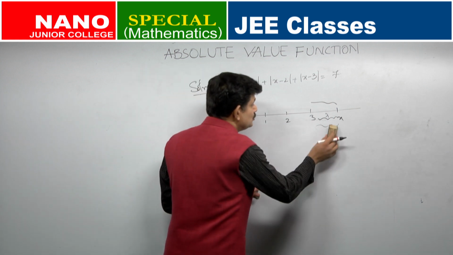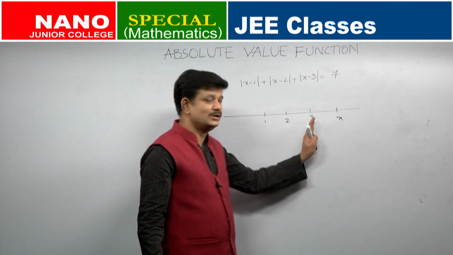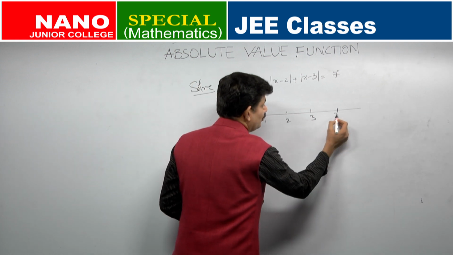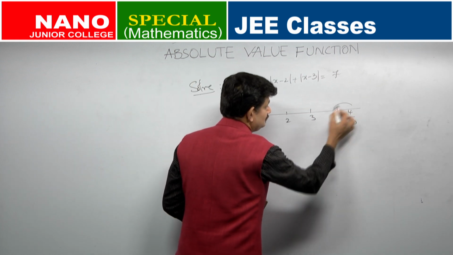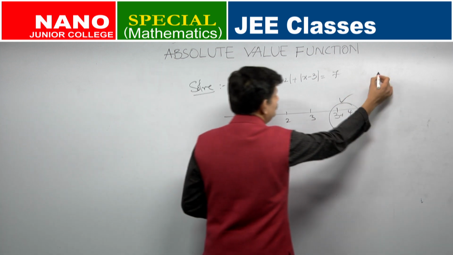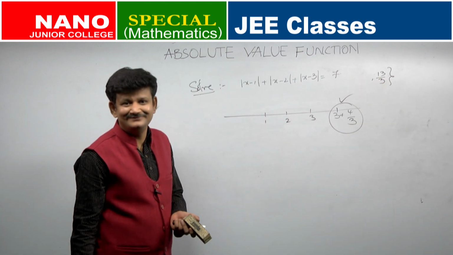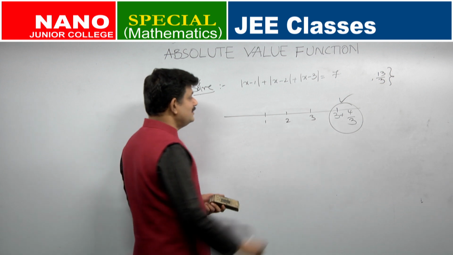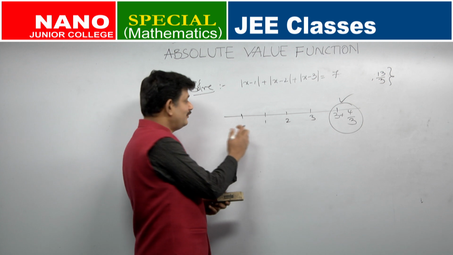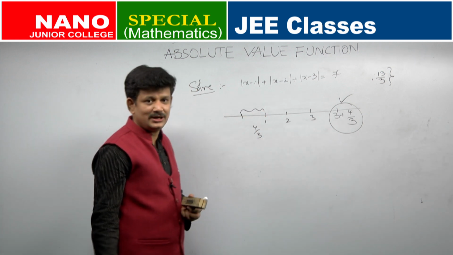4 by 3. So, what is the number x? X is a number which is 4 by 3 units distance away from 3. So, what is that number? 3 plus 4 by 3, which is 13 by 3. So, what is one answer for you? 13 by 3. With geometrical symmetry, you can also see one more point to the left of 1 at the same distance 4 by 3, which again satisfies the same condition.